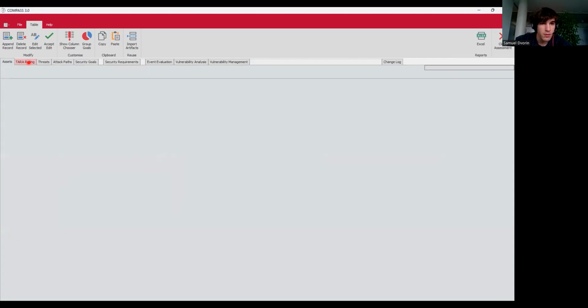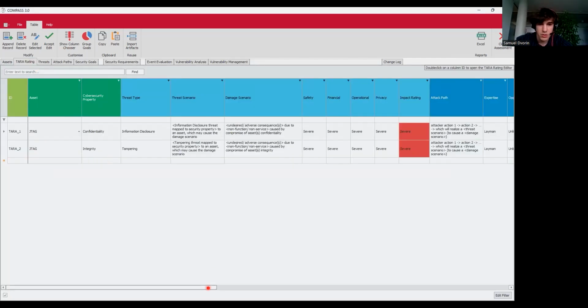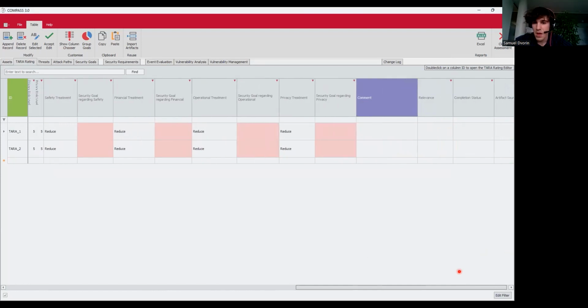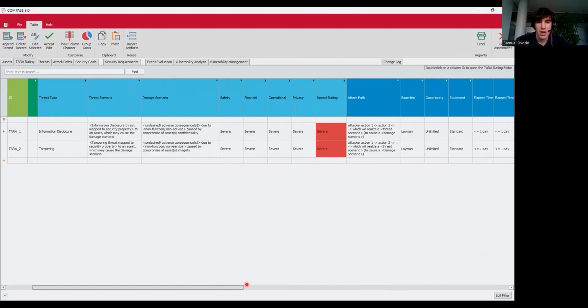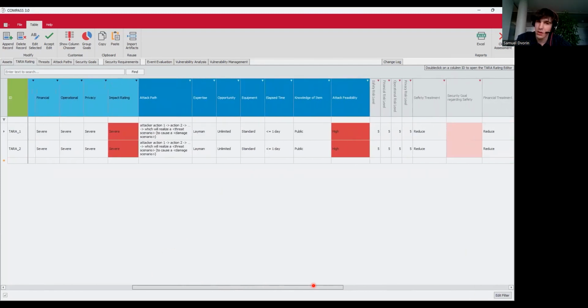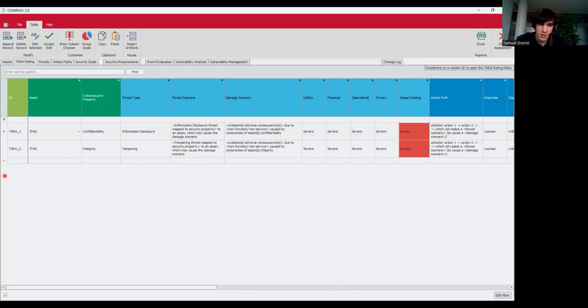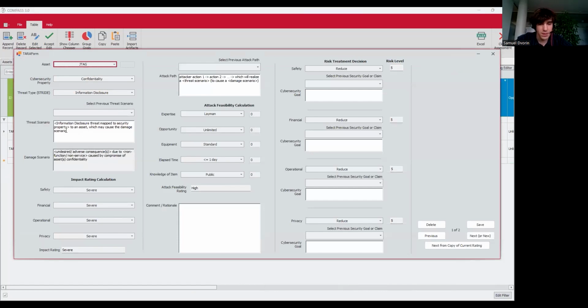Okay, and now if we go to the TAR view, these two rows have been automatically added, and they are initiated at the highest of severity. So you will never accidentally leave something at a low attack feasibility or a negligible impact rating. So we'll start editing these. So the threat scenarios, as I said, are identified by these templates, but actually, I think I might leave this as the blank one, so this information disclosure, but this here, I will add this. So we say like the attacker